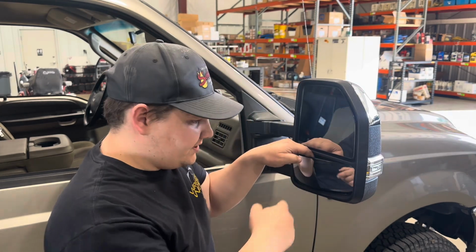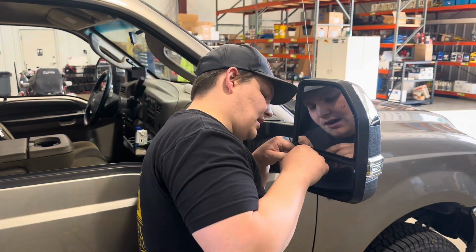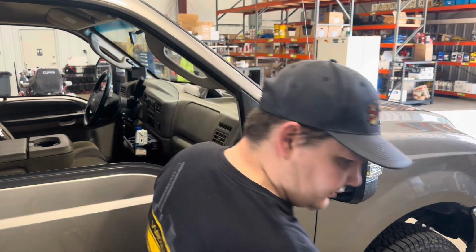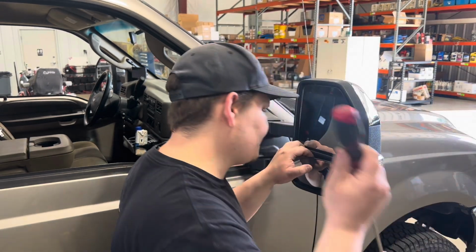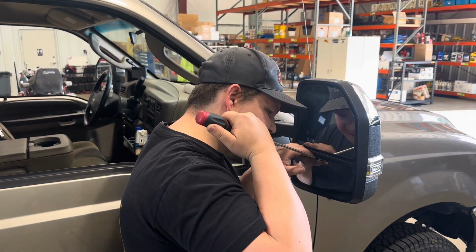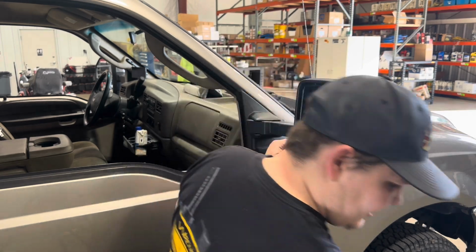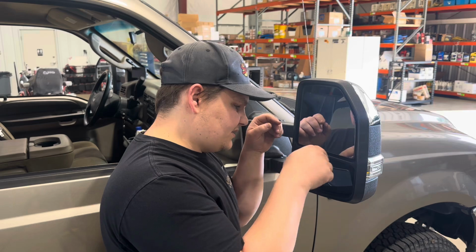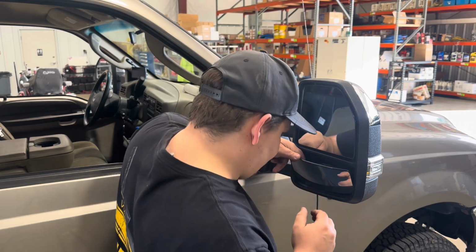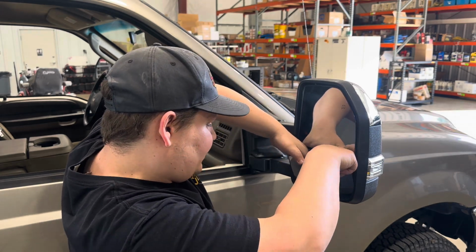That pop noise is one of the clips giving and allowing me to get this mirror out. So we've got this corner, we've got the center there. Let's see if we can work over to that other side. Just like that. Now we've gotten the top, and now we just have the very bottom ones. It's going to be the exact same thing, but hopefully we don't even have to get the tool in there. Hopefully we can just...